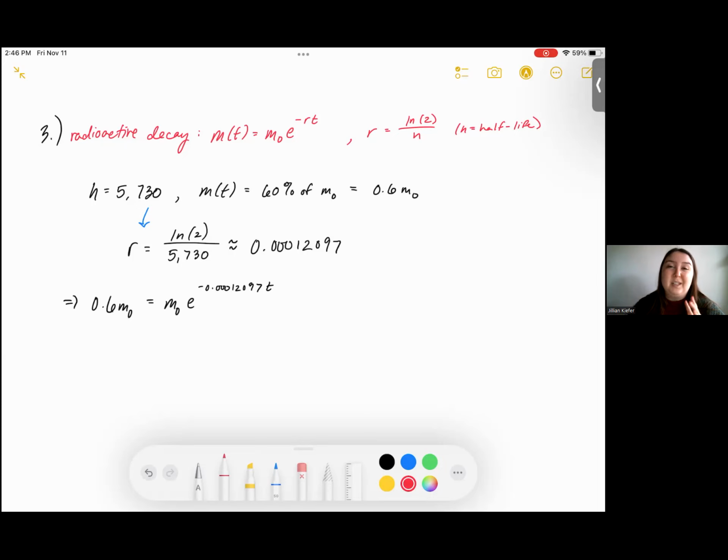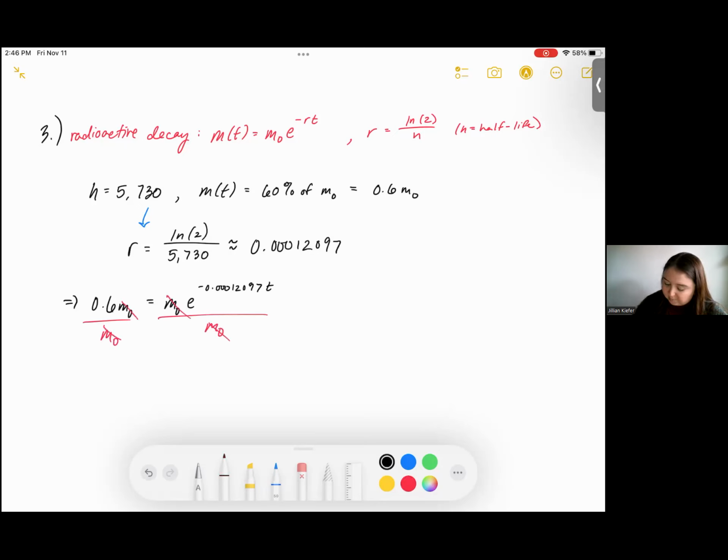This essentially means that we didn't need to know how much we actually had originally in our substance for our carbon-14. We just needed to know that it was 60% of the original, and we actually don't really care what the original was. Since m naught is on both sides of the equation, we can divide each side by an m naught,